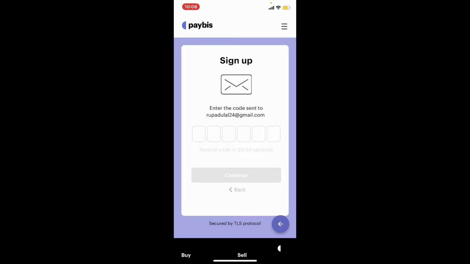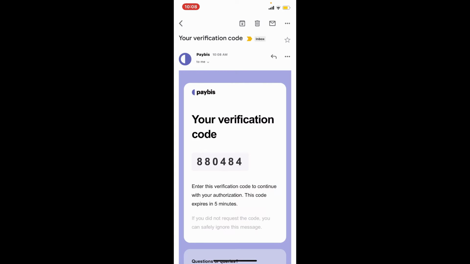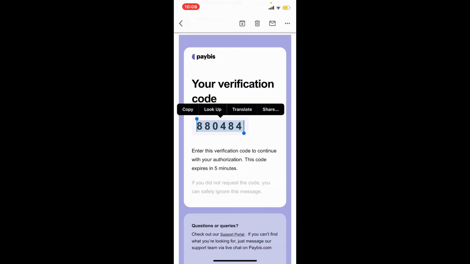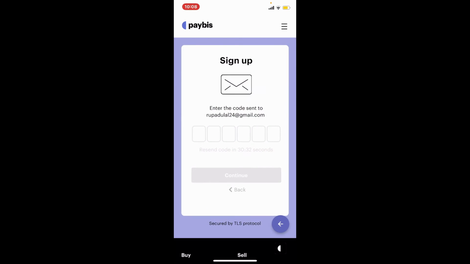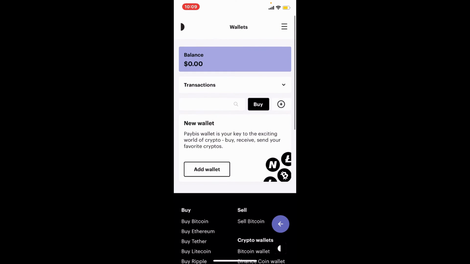Now, a code will be sent to your email address inbox. Simply open up your email service provider and open up an email received from Paybis. Your verification code will be displayed. Simply copy the code and go back to the Paybis app. Paste in the code into the text box and you'll be able to sign up or create a new account